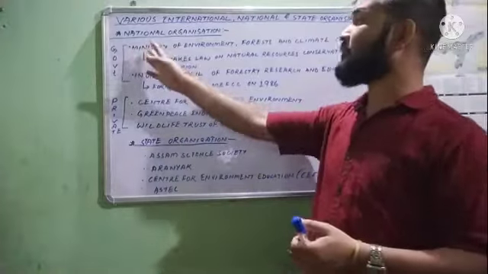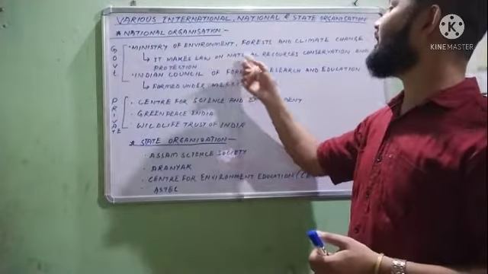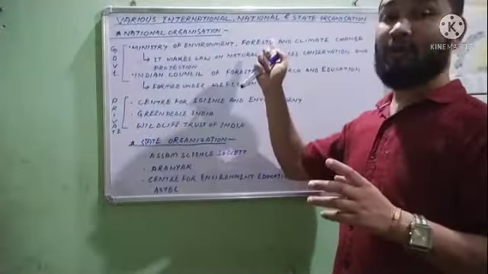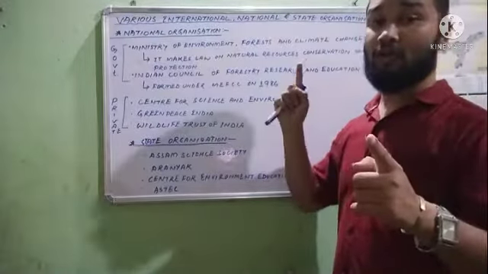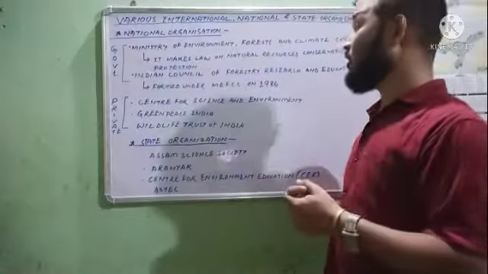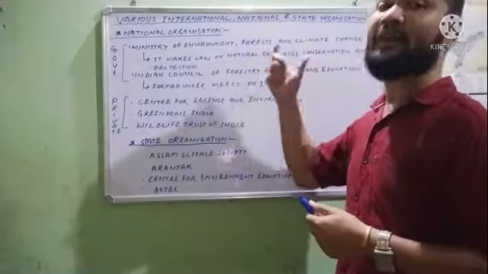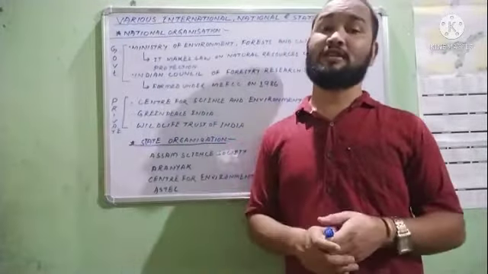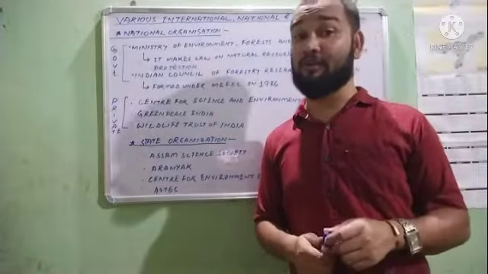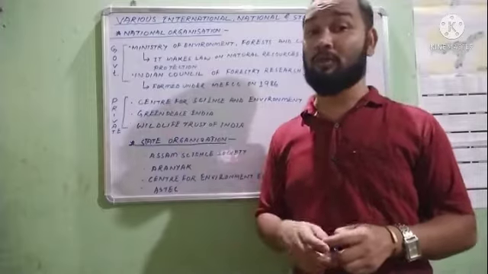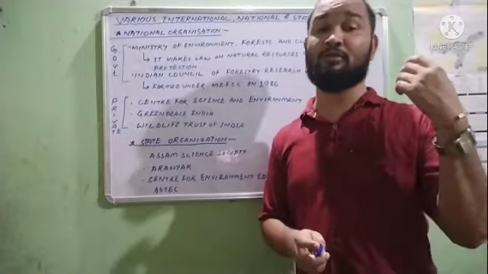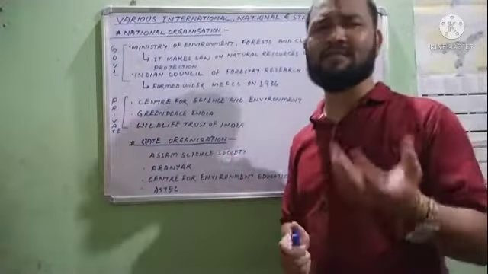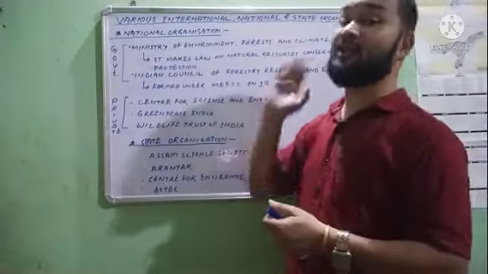The ministry basically makes the law on natural resources conservation and protection. The Ministry of Environment, Forest and Climate Change makes the rules and regulations, different types of laws, like prohibition of human settlement, prohibition of human interference with the animals, prohibition of hunting, prohibition of killing of animals, prohibition of teasing of animals, and of providing food for the animals. These types of laws are made by the Ministry of Environment, Forest